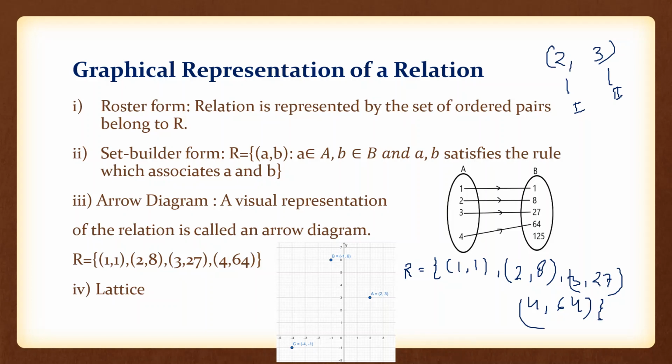Now, next is lattice. Lattice is nothing but a two-dimensional representation, the way we have studied till 10th. This is y-axis, this is x-axis, and in order to define any point, let it be (2, 3). So it is (2, 3), it is (-1, 6), and any value like this is (1, -1). So like that we just put the dot and then encircle it, and then we write the ordered pair value, like (1, -1), and so on. So this is the lattice representation of relation.